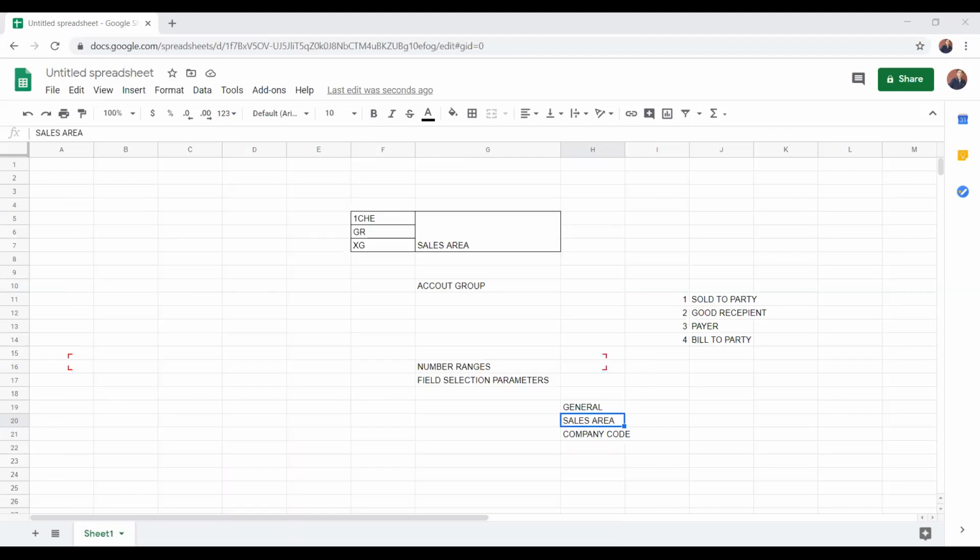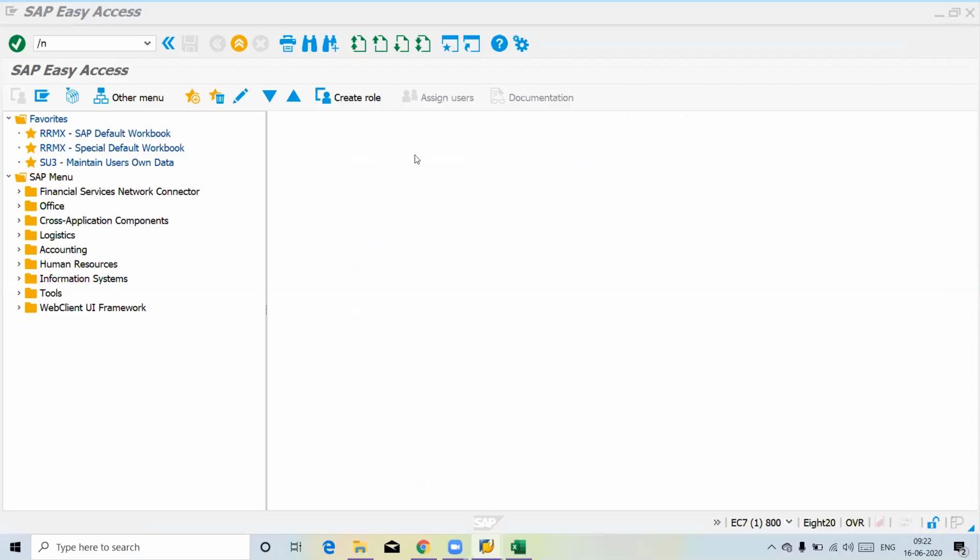So what I wanted to ask is, we have three tabs of data available, and within them fields will be available. So for filling those fields, we are going to control it with the help of the account group, right? Could you see my SAP screen? Do you have any doubts till now, for customer master data creation?